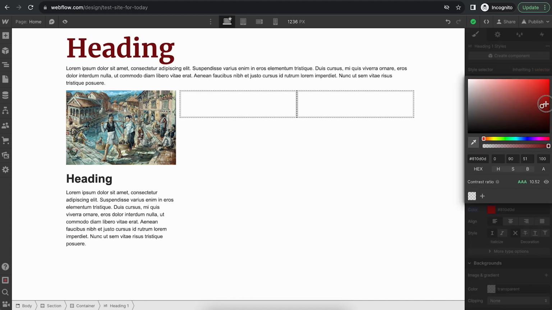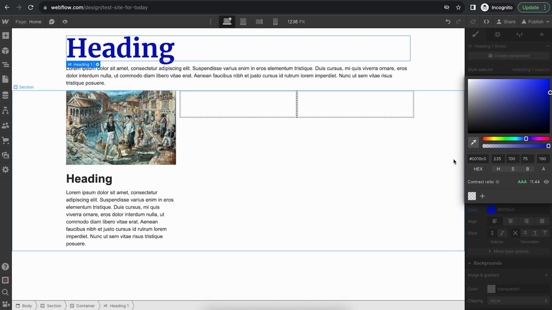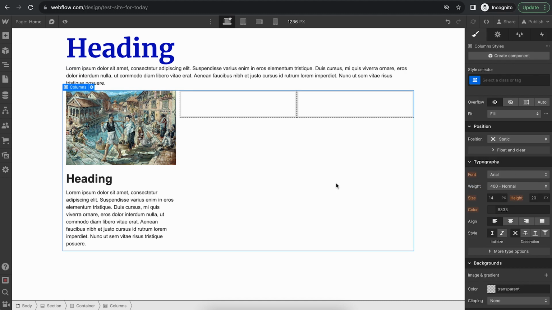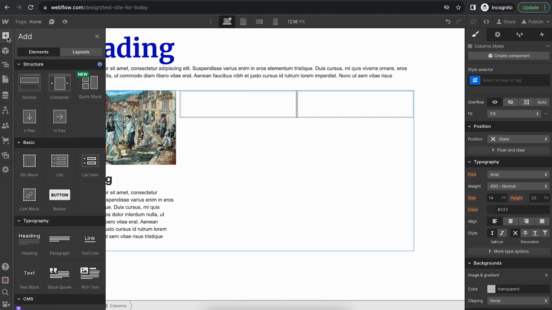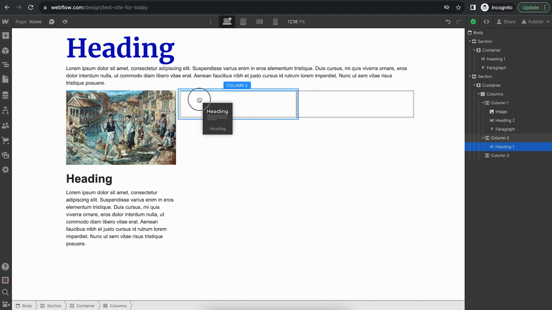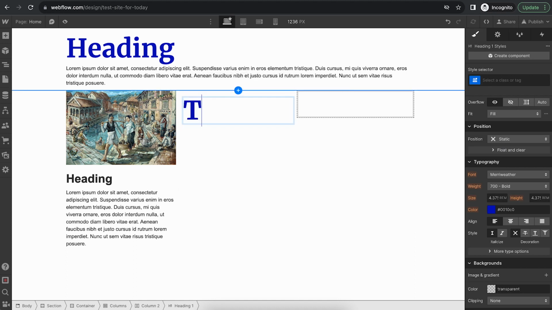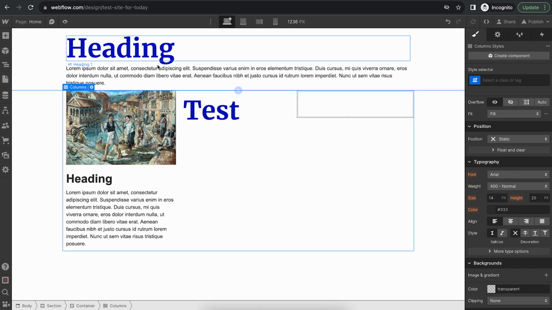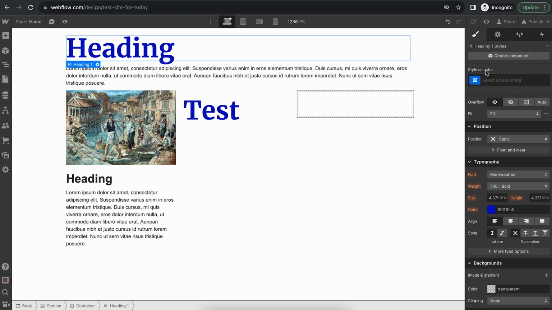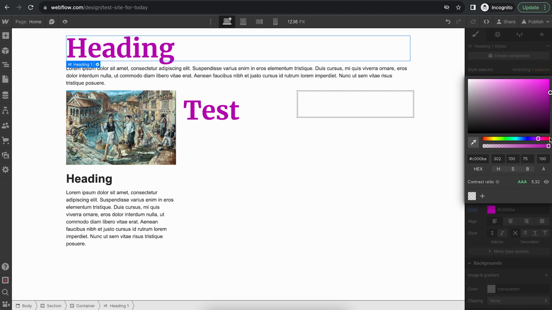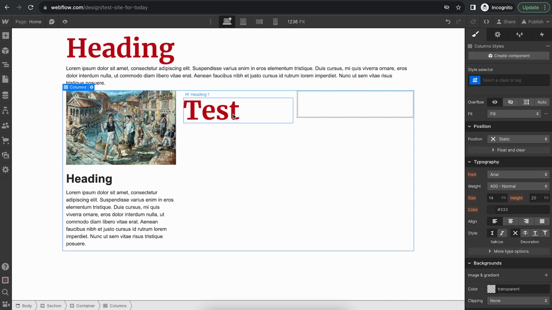Let me just also change the color. Now we can use this H1 wherever you want, and it'll give the same styling. Let's say I use heading here with H1 test. So it gives the same styling. And if I want to change the heading again, then we go here and change it. So let's say if I just want the second heading to be of different color, you go here and change